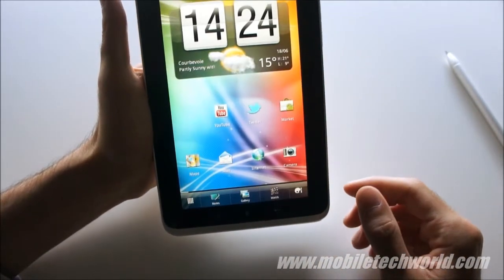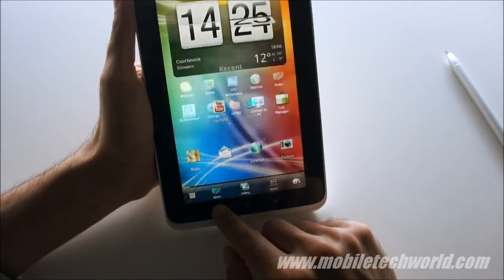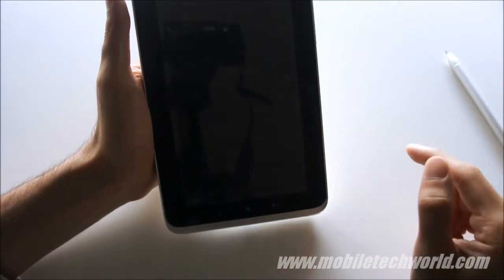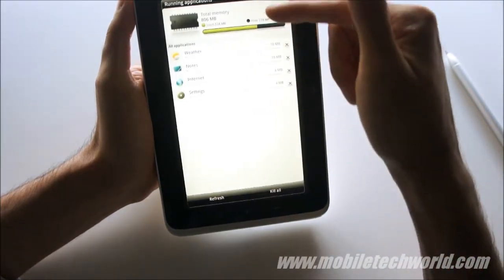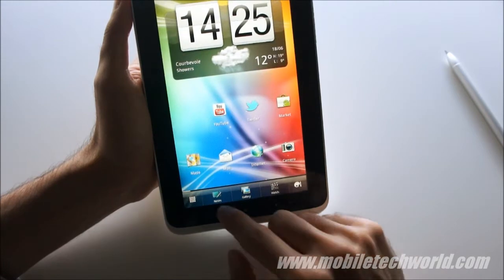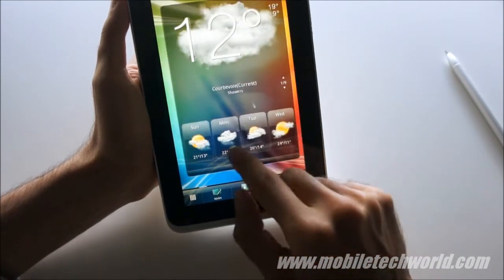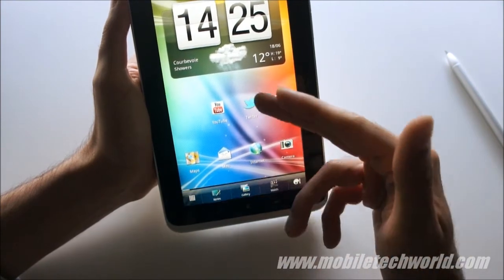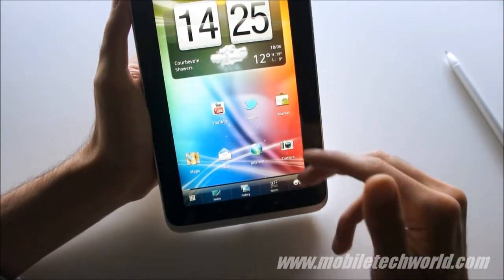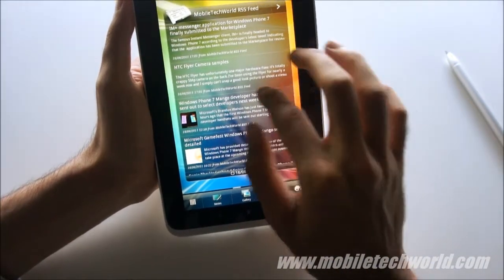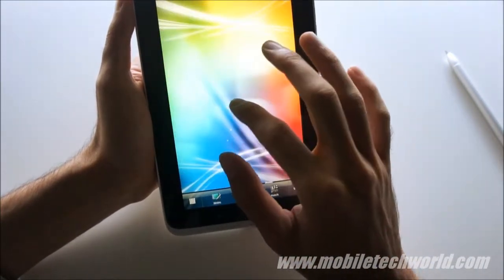Let's go back home. If I tap and hold, I have access to the task switcher and the HTC task manager that I can use to kill off processes. Everything right here can be changed by the user. I can change this, I can change the icons. Once again, this is all already available